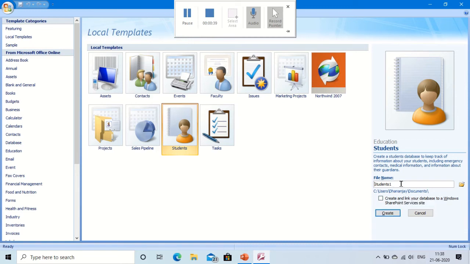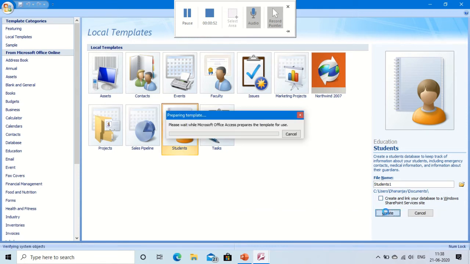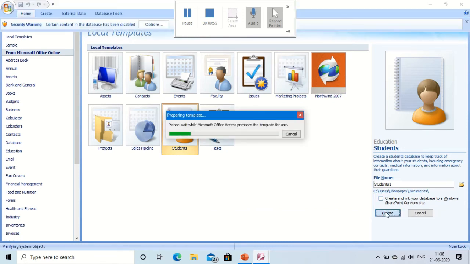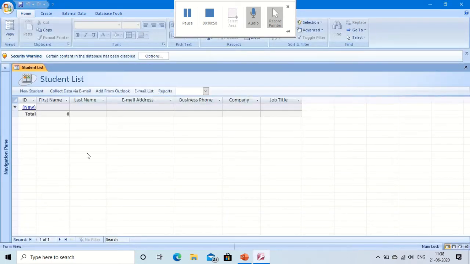If you want to change the name of this database you can, but I will suggest that you give the same database name which is given over there, because this is only for that storage. So click on create and wait for a moment. You will see the database of a student is created, and it is already decided what the field names will be. You can see here the ID is given, first name, last name, email address, business phone, company names, and job titles are given. So everything is decided, we just have to modify and use it.